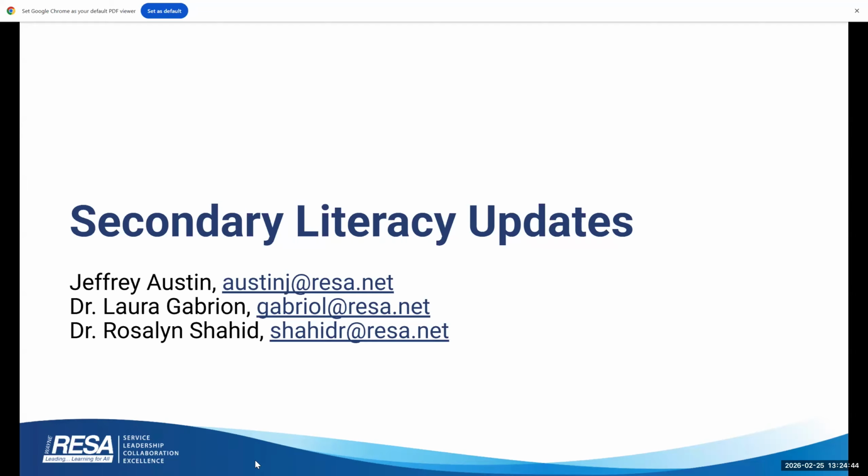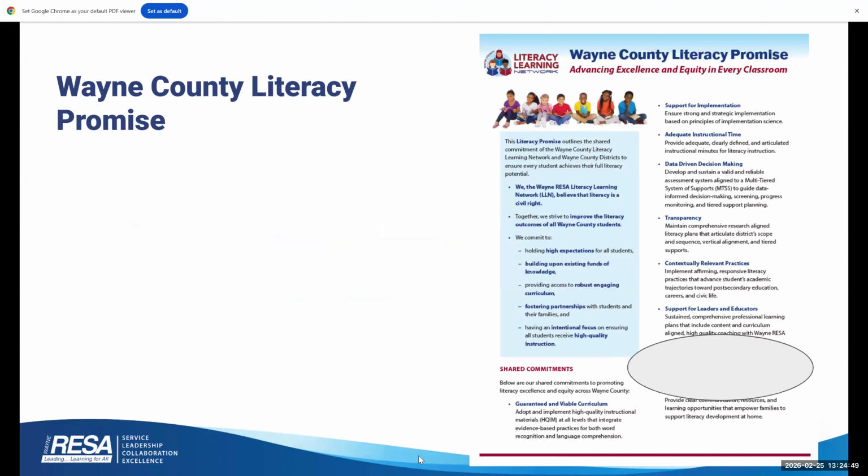I can step in here for as far as secondary literacy updates. Next slide. First of all, you are all probably familiar now with the Wayne County Promise that all of our superintendents have signed. I don't know why that's blank there, but it's meant to indicate the alignment to that part of our promise. We promise to practice, but I'm not really sure why it's doing that. It's not on the slide deck I'm looking at, so we'll correct that. But that was meant to indicate disciplinary literacy is an important part of our Wayne County Literacy Promise, and